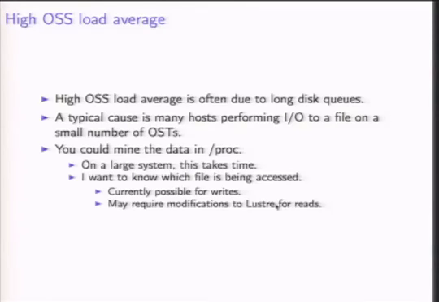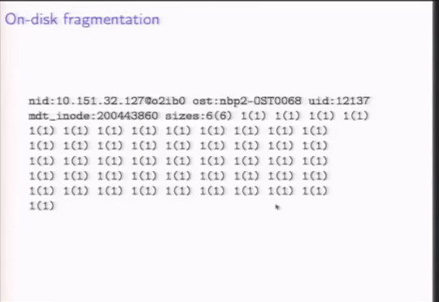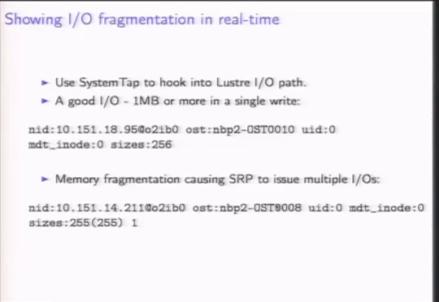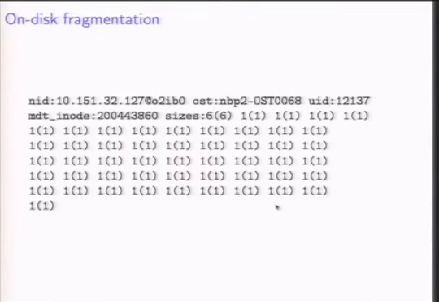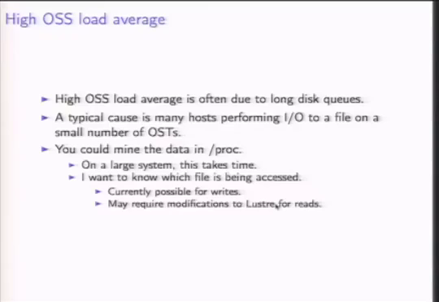Again, on a large system, this takes time, and beyond that, I'm interested in knowing which file is being accessed. Now, you saw in the previous example here, for some of these, the MDT, inode, and the UID are 0. There's a struct OBDO. In some cases, it looks like it doesn't have those fields filled in, and it might be on purpose, it might not be. I haven't gone and dug into this too much yet,